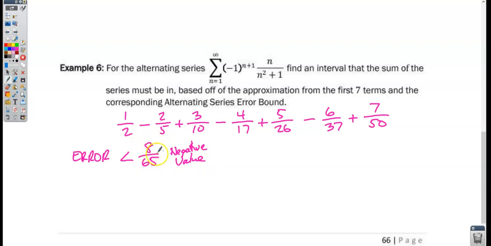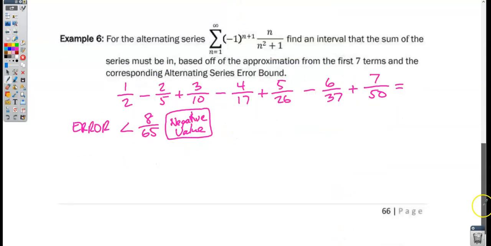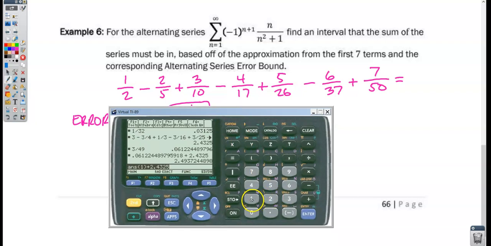The error is less than 8 over 65, but the approximation is going to be above the actual value of the summation. All right, so I want to sum up all these terms. Let me slide this a little bit so that I can see my calculator better. So we've got 1/2 minus 2/5 plus 3/10 minus 4/17 plus 5/26 minus 6/37 plus 7/50,